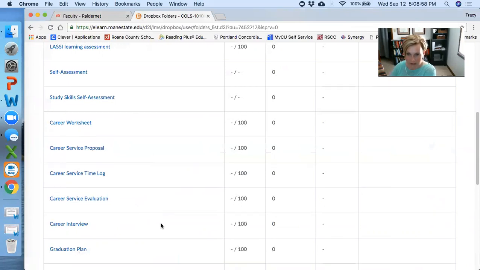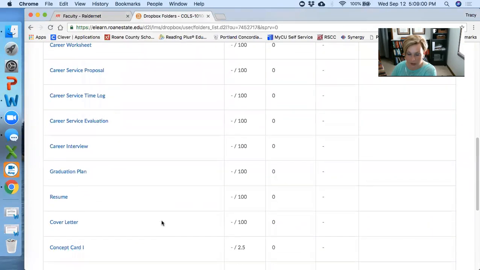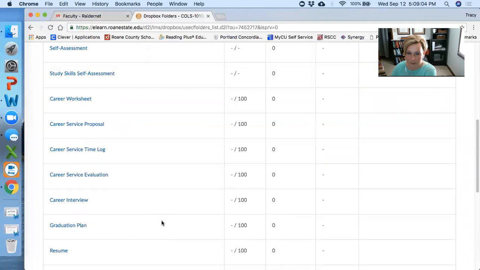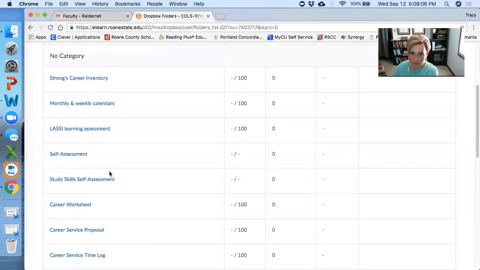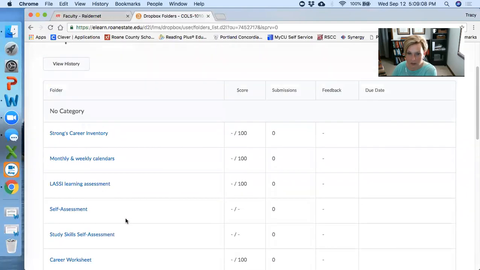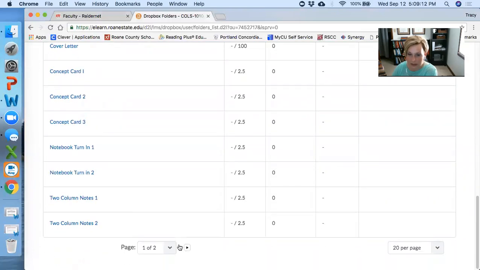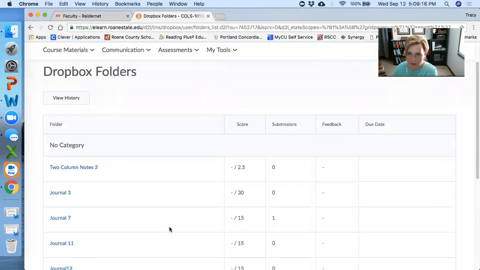It takes a tremendous amount of space in the grade book, and it weighs quite a bit. So make sure you are aware how important that career service project is, and that you get on with it and don't let the semester pass you by. We're only 10 weeks for this course, so we want to make sure that we do that.